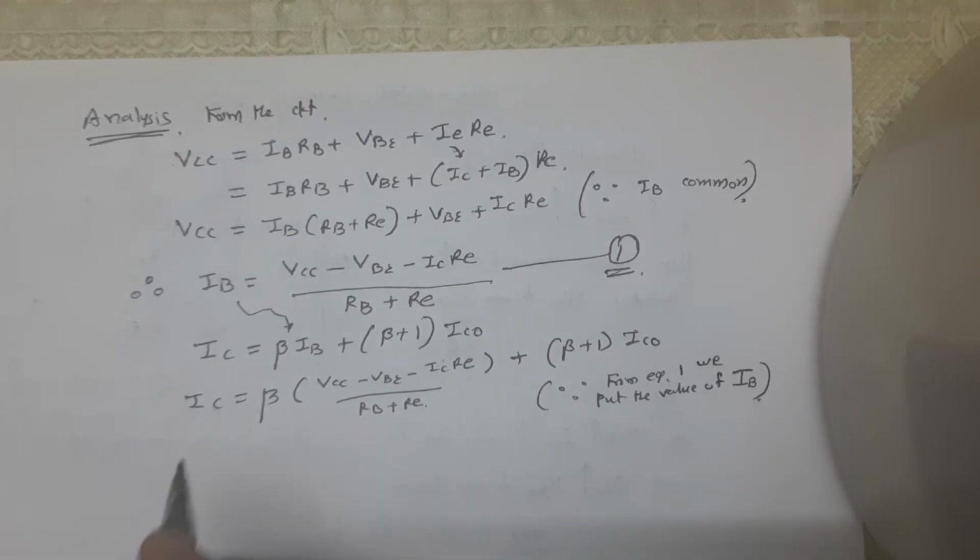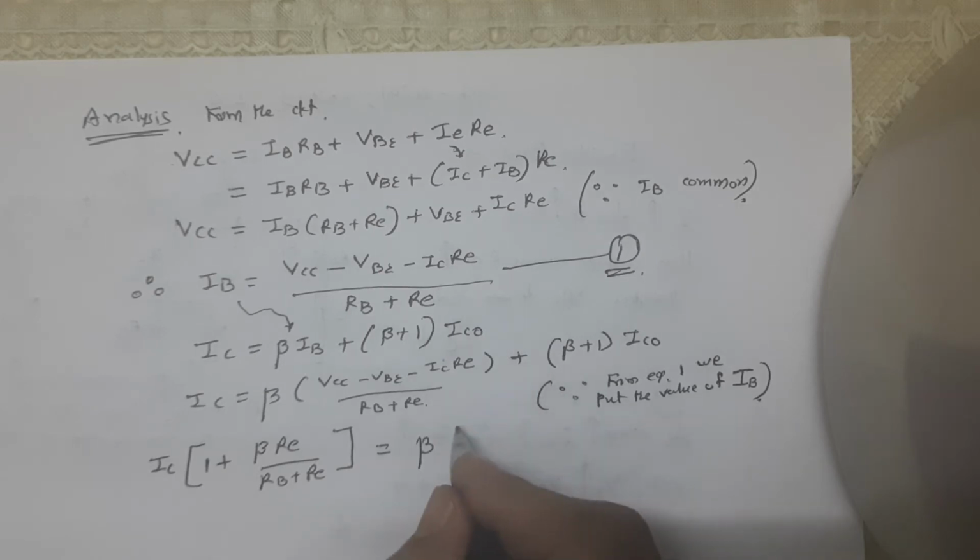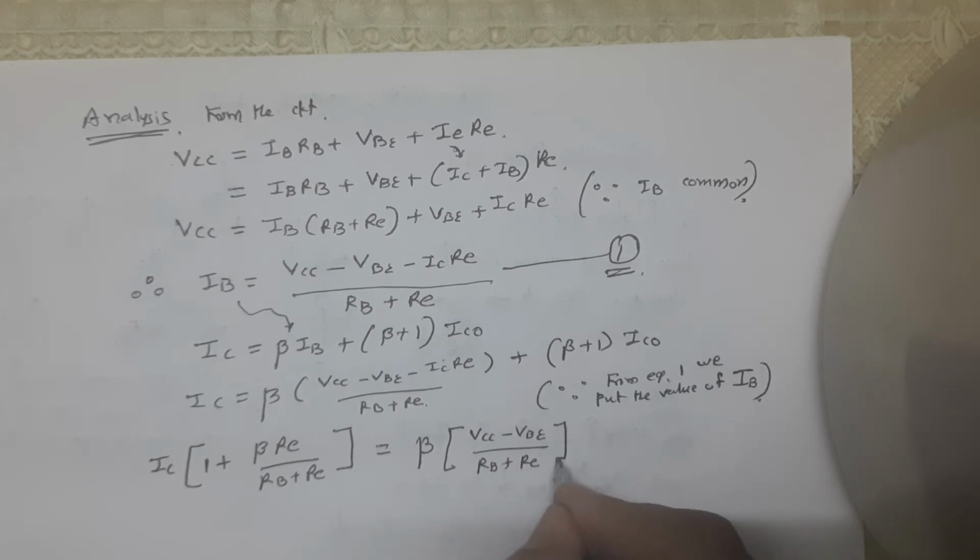Hence, taking IC common, we get IC into bracket 1 plus beta RE upon (RB plus RE) is equal to beta (VCC minus VBE) upon (RB plus RE) plus (beta plus 1) ICO. Therefore,